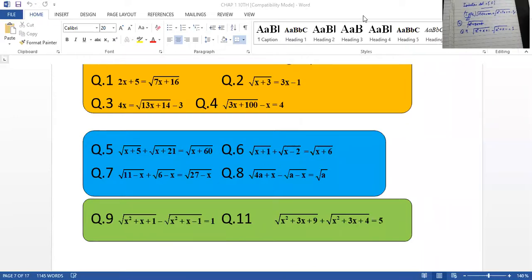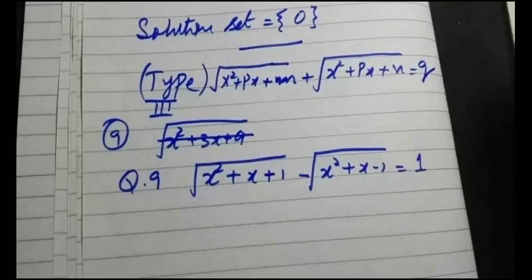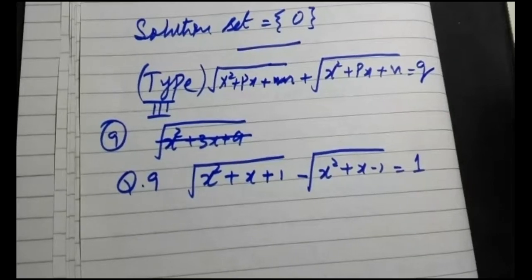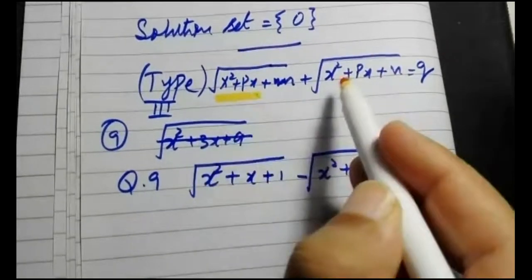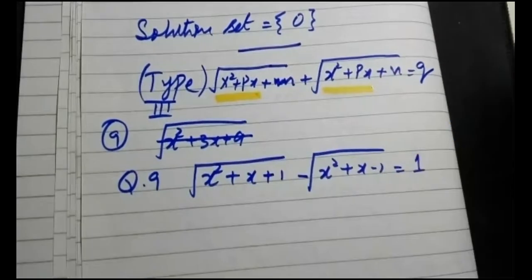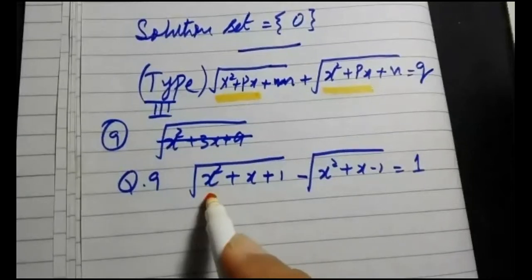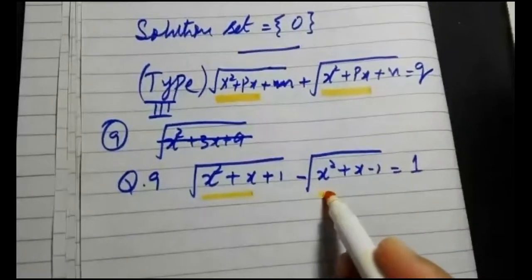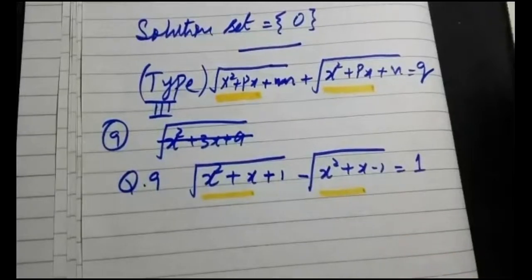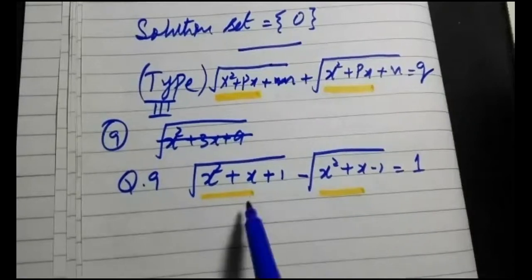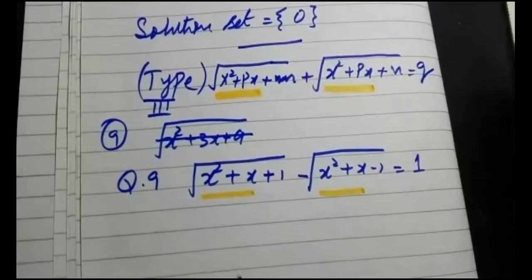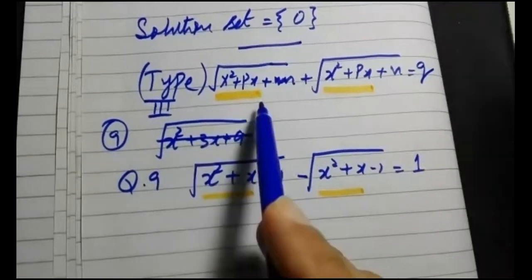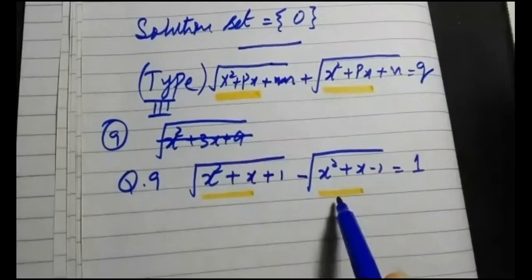Now I'm going to share with you how to start its solution. The identification that you have to notice is that the first two terms will be identical in these type of equations. According to the statement, the first two terms in this radical sign will be identical. It is such a particular type of question in which the first two terms will be quadratic and identical. X square plus x and x square plus x, both are identical. It depends upon the type of the question that the equation will be quadratic, but the first two terms will be identical in both of the radical signs.